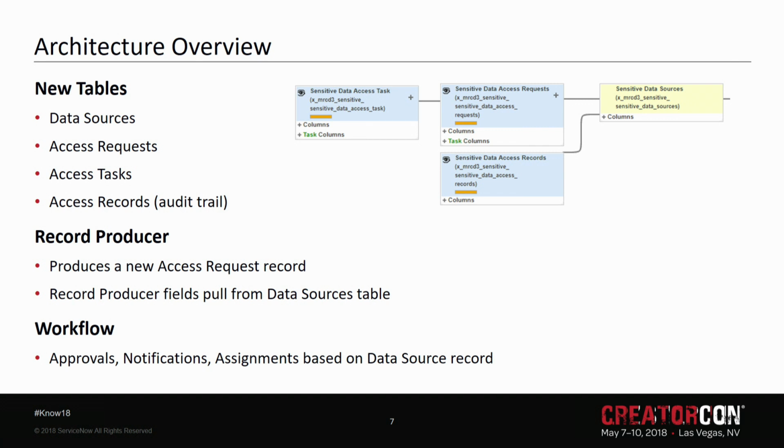So the most important aspect of all of this is our first table that I'm creating. It's the data source table. So we're going to look at that on the next slide. We'll see all the fields within this table, but at a glance, the data source table is going to hold all of the information for every system of record that an individual can request access for. So everything from the record producer and the workflow that we're going to develop later is driven off of the data source table. I have 3 more tables after that,